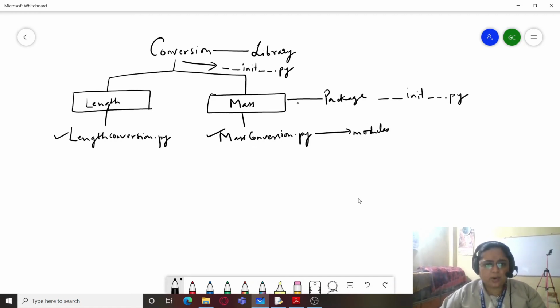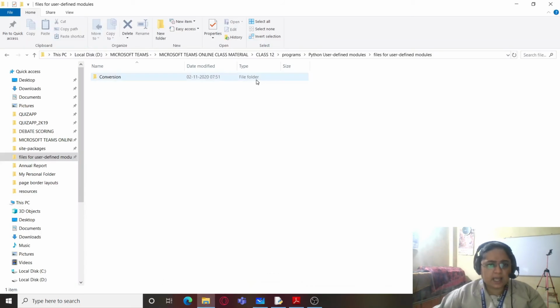So it is very important that each of these folders contain this double underscore init double underscore dot py file.